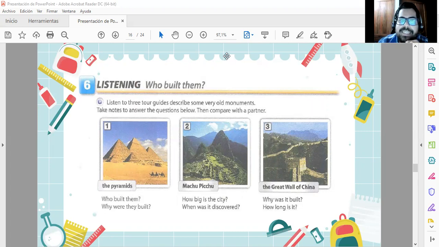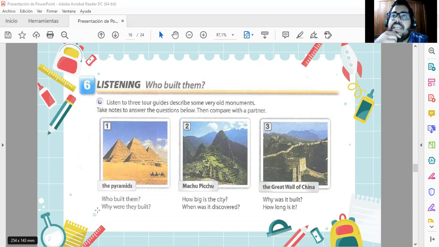Well, guys, it's difficult and interesting because it's about some tour guides from different places, as you can see in there, that are going to describe very old and well-known, famous monuments. And the idea is that we have to take notes about the answers to the different questions that we have in here. So about the first one, you know the place, right? Take a look at the picture. It's in here. Who built them? Okay, so take a look, we're talking about this over here. Why? What's the reason they were built? All right. Number two, it says, how big is the city? So there's a number that they mention. And when was it discovered?